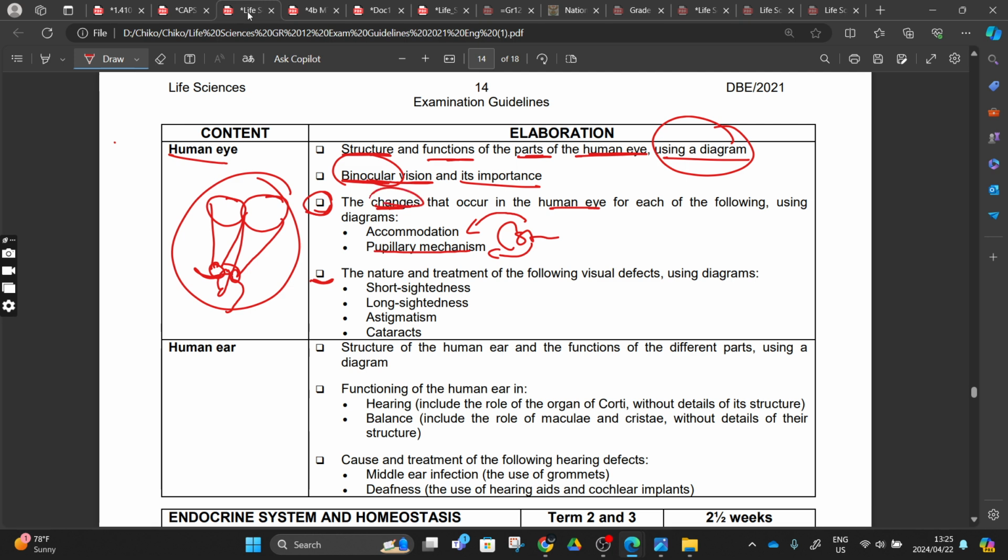You have to learn these changes. So you have to know the structure and the function, then after that you will learn those changes. This structure is doing this to bring about these changes. This structure is doing this to bring about these changes. You'll agree with me. Then Thursday and Friday, we'll be learning the nature and treatment of the following visual